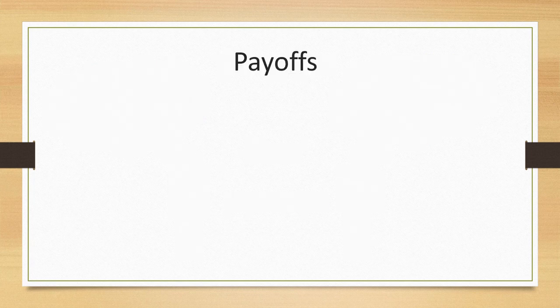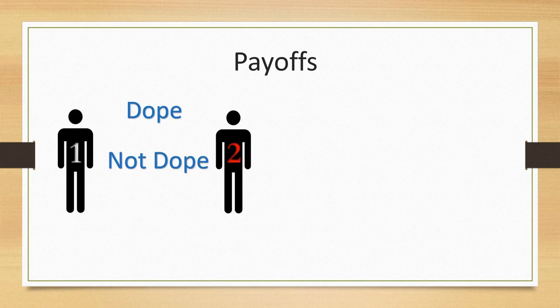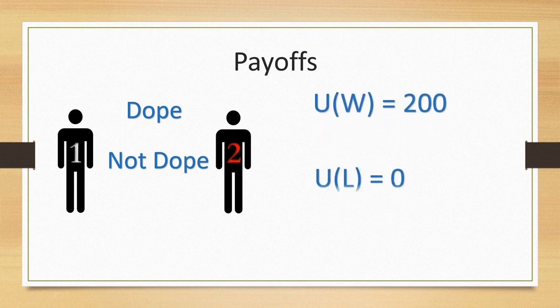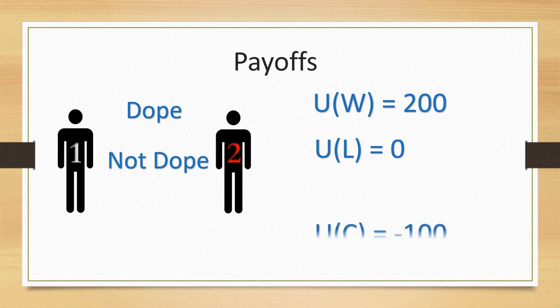A key aspect of a game is the payoff a player can potentially receive depending on their choice and their opponent's choice of strategy. Their payoffs are in monetary form. There are three outcomes for each athlete which can be represented by payoff functions. Firstly, the amount they receive for winning, which is equal to 200, the amount they receive for losing, which is equal to 0, and the amount they receive for being exposed as a drug user, which is equal to minus